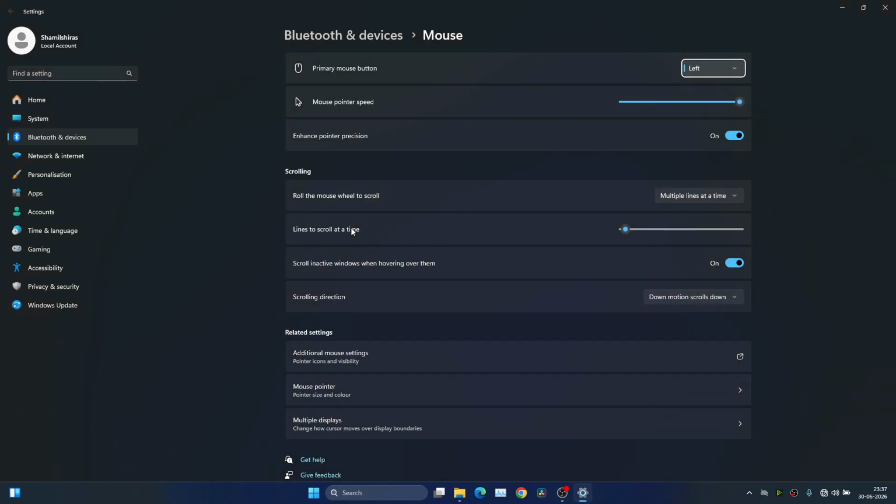Click on that, then you will get this page and you can see here the second option is mouse pointer speed. So you can click and drag this one to adjust the mouse speed. You can see that. So in this way you can simply adjust that, and I'm using on my full speed